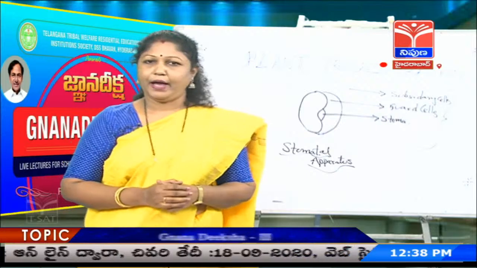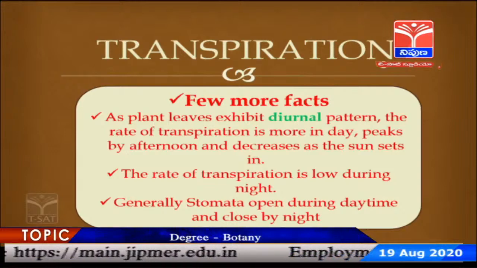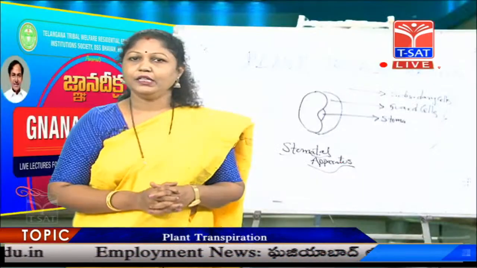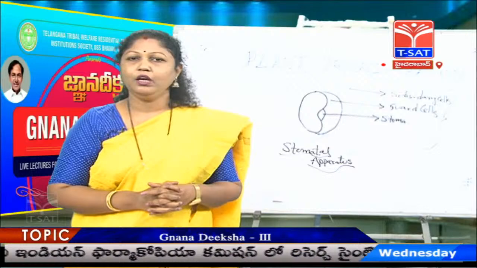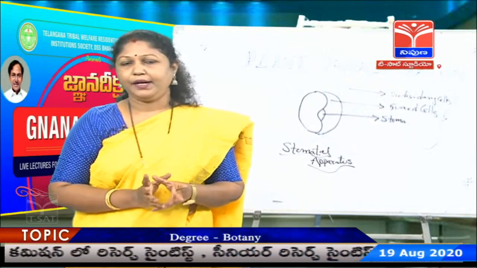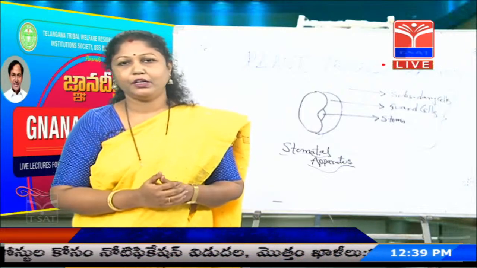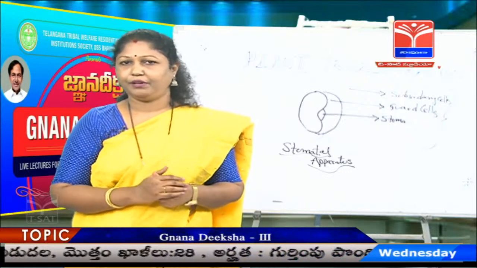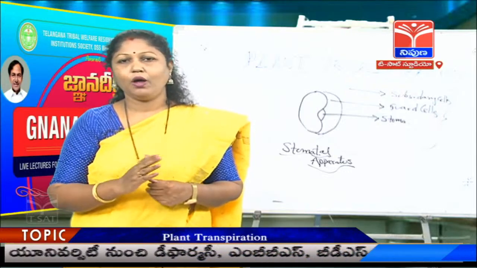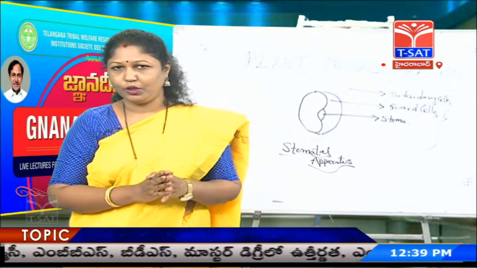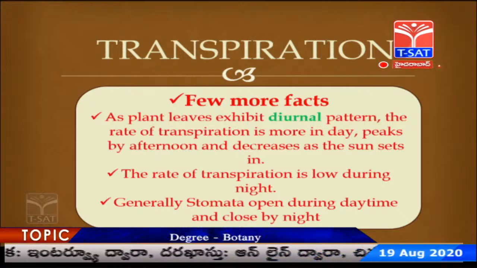Now, let us learn a few more facts regarding transpiration. Most of the stomata, by general rule, exhibit diurnal patterns. That is, if you take normal plants or mesophytic plants or a large group of plants into consideration, we find that stomata open by day and close by night. That could be interrelated with photosynthesis, and of course, photosynthesis is once again dependent upon sunlight. So, light is one of the triggering factors interrelated with other factors also, like temperature and water. These all work in tandem in the opening and closing of the stomata. Even the stomata exhibit this diurnal pattern, because most of the leaves exhibit this one.